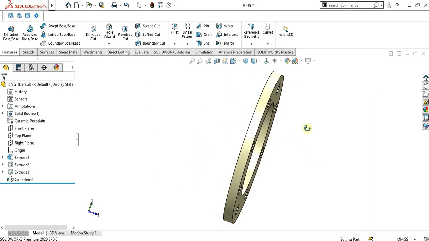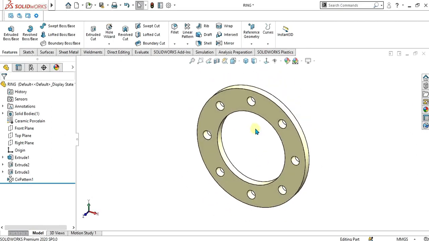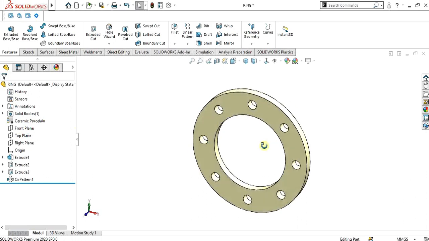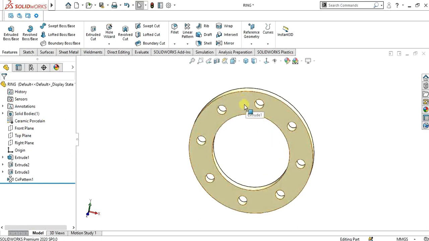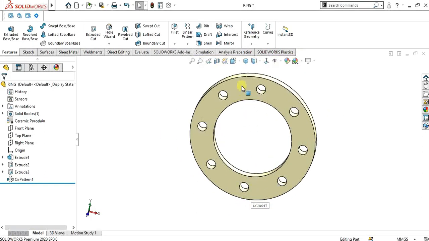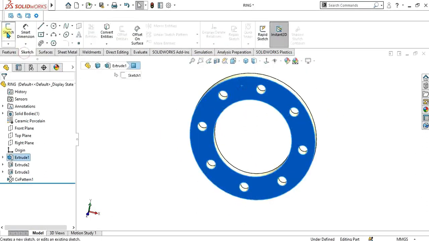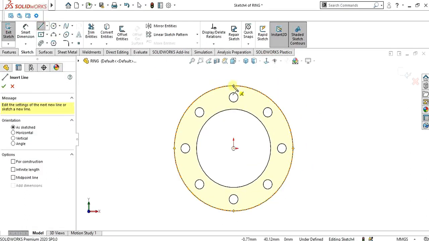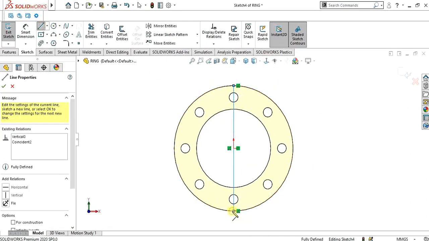This is a simple ring geometry we have made. The material of this ring is ceramic porcelain. So first of all, we are going to prepare our geometry for the location of sensors. Select this face, go to sketch and make a single line like this,